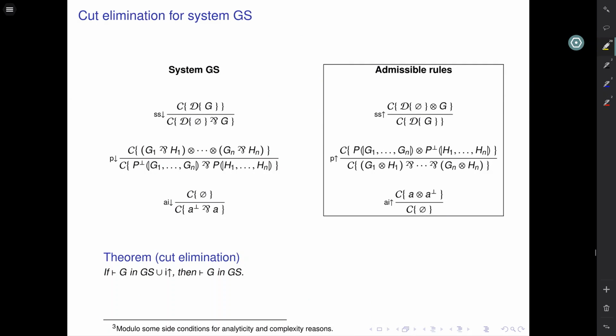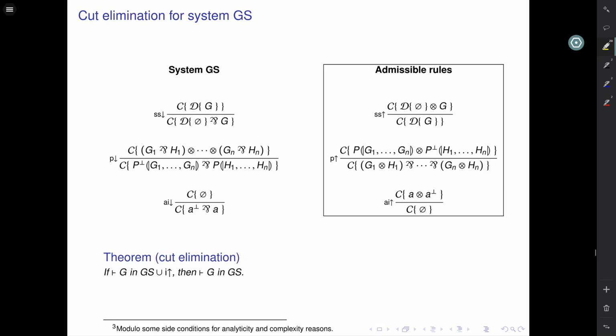Our system, GS, consists of the following rules. It's the super switch down rule, the P down rule, and the atomic interaction rule. And the dual rules to these are all admissible in the system. And the interesting thing is that from these rules together, we can derive the cut rule. So if these rules were admissible, that is, we can prove all the same theorems using just the system GS as system GS with any of these rules added, then we have a cut elimination result. And this is the main result of our paper, that indeed cut elimination does hold for the system GS,